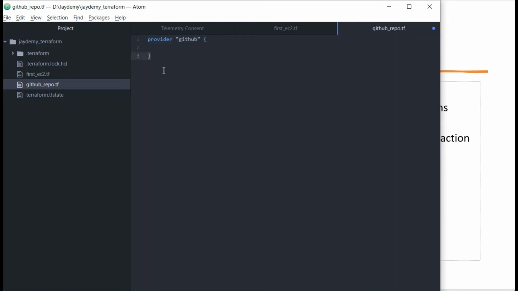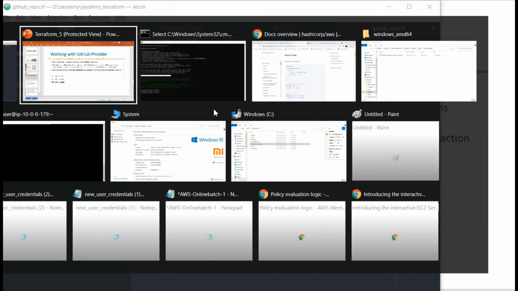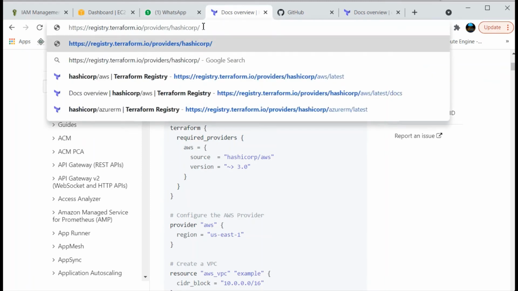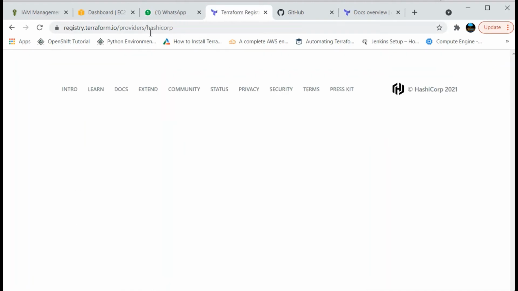I will go back and get the required template from the public documentation itself.